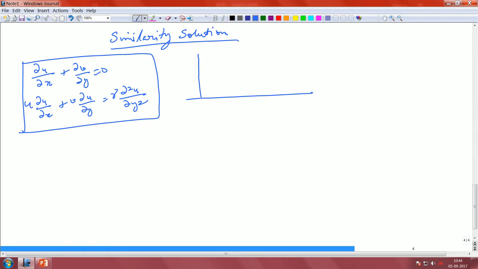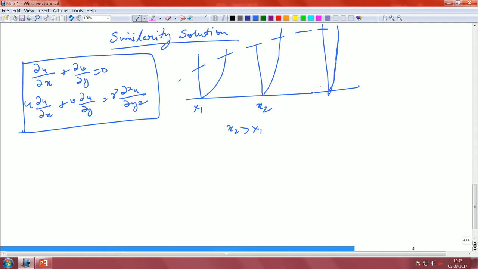Now, if you look at it, you will see that the boundary layer at a particular location x1 looks like this. It is the momentum. At a different location it looks very similar, of course it moves up like this, because the boundary layer is increasing. So, x2 is greater than x1, and if you go further downstream this profile will become more like that. Forgive my drawing, but x3 is greater than x2. So, you can see that the profiles look very similar to each other, except that